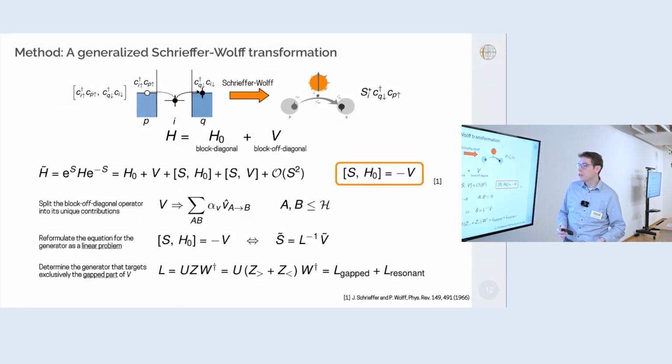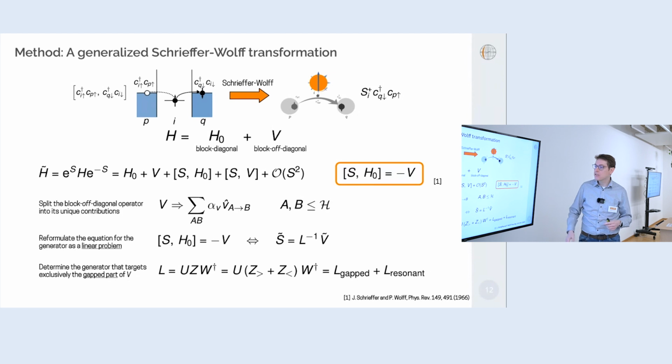And the original idea was one does the unitary transformation, but because we can't really calculate this, it's a large many-body Hamiltonian, we do a Taylor series. But the Taylor expansion then also gives us a way of determining what the actual generator of this unitary transformation should be. Namely, it should be the generator that in first order, if we calculate the commutator with the block diagonal part, directly cancels out the block off diagonal part. That's easier said than done, because there's a massive amount of equations, and there isn't necessarily always a solution,